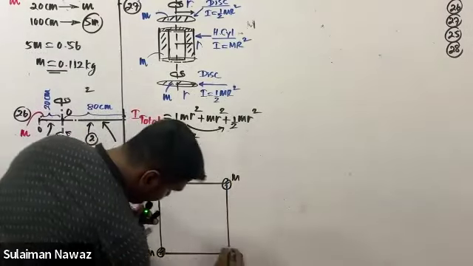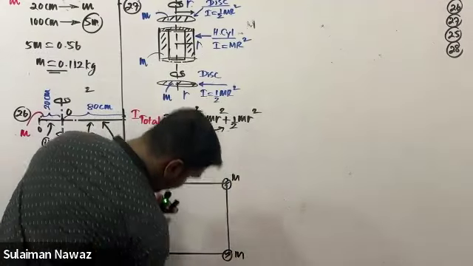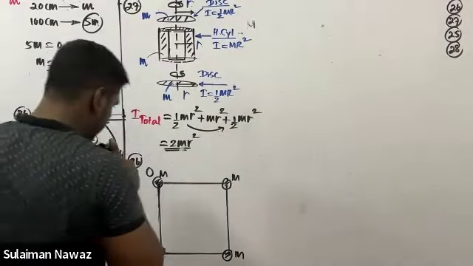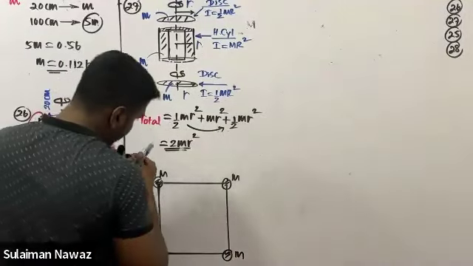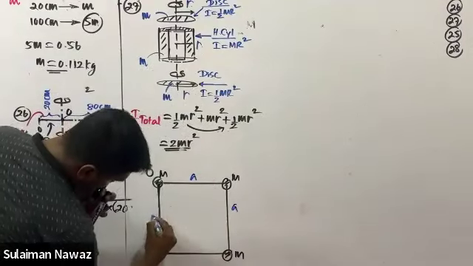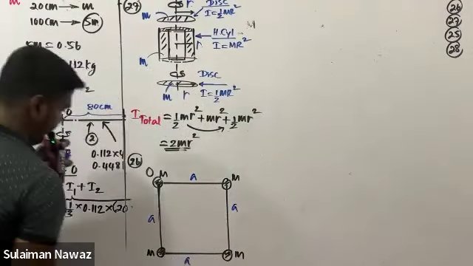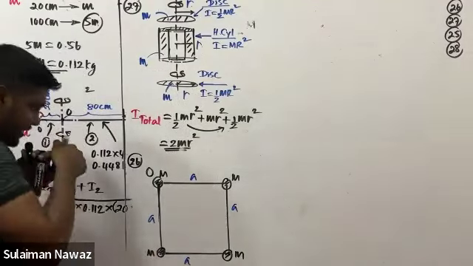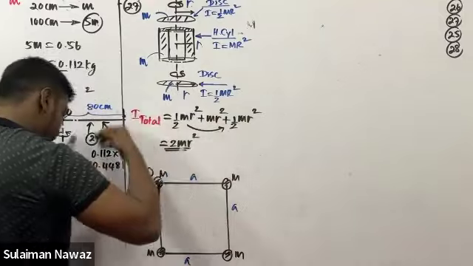This mass is capital M. Then they have given this distance. Length is the same: simple a, a, a, a. You can remember when the point masses are rotating,